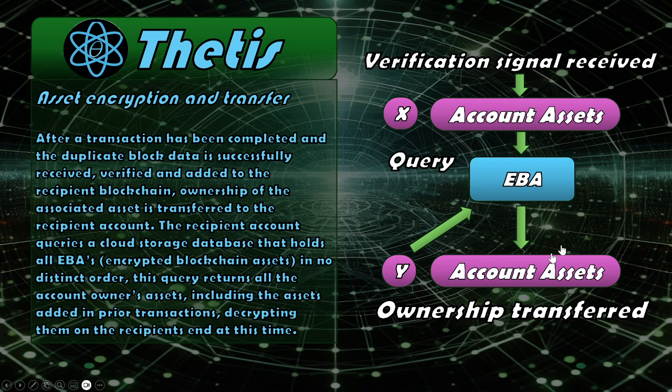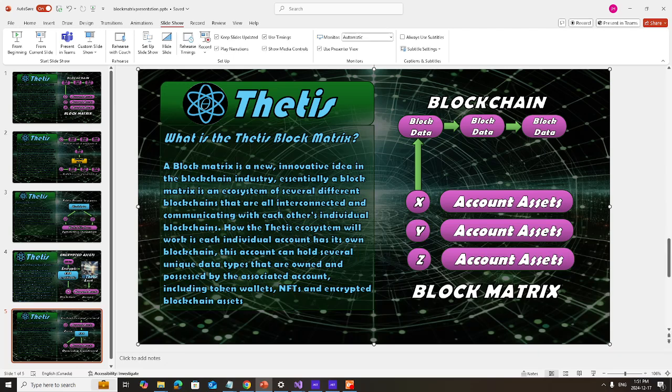So there's a bunch of steps going on there to make sure that everything is secure in transit and that ownership is successfully transferred. But with EBAs, that's how it's going to work. It's going to use a transfer key and hybrid encryption with the transfer key in order to protect this asset while it's being sent from person to person. So that's that for